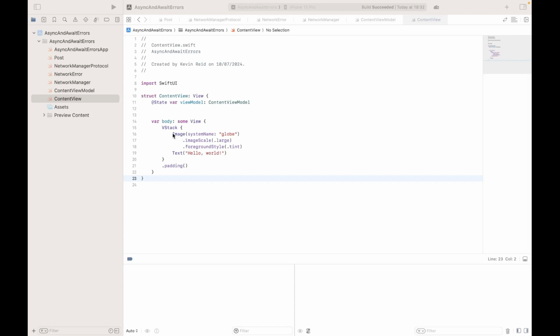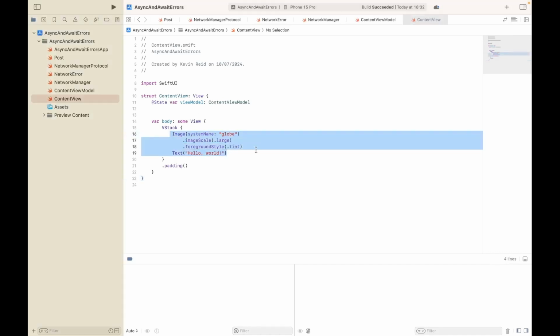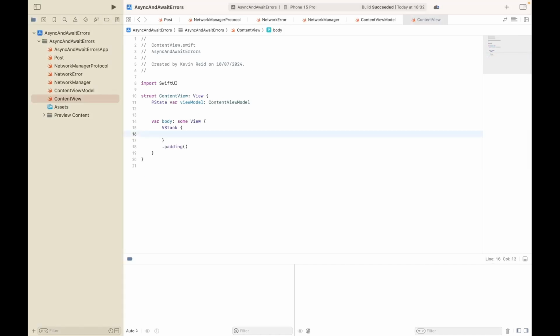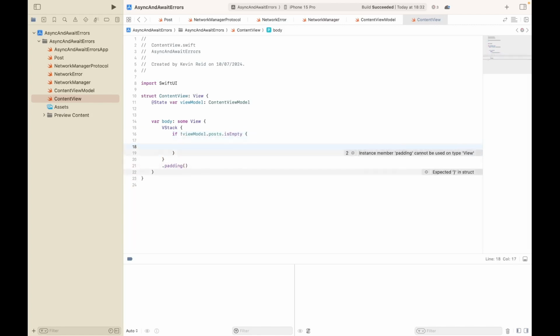And then on line 16, delete between line 16 and line 19. Type in the following within the VStack: if not viewModel.posts.isEmpty, so if there's information in our array,